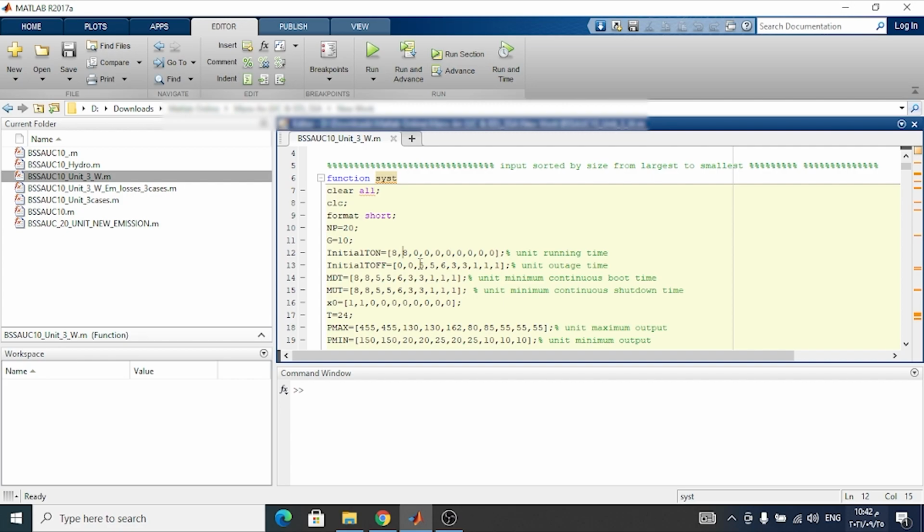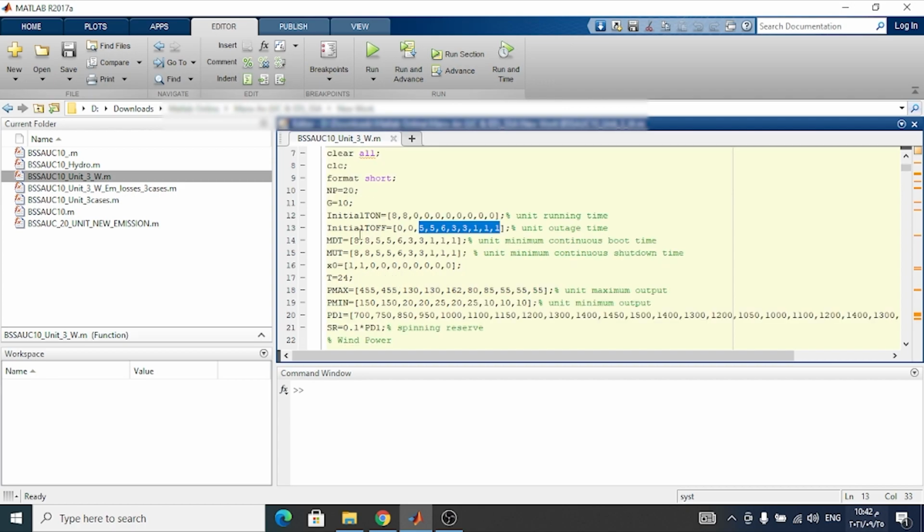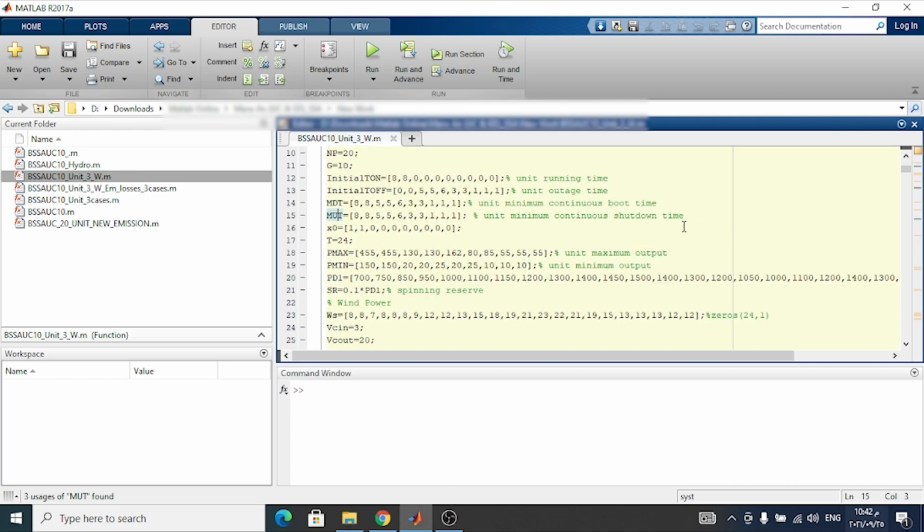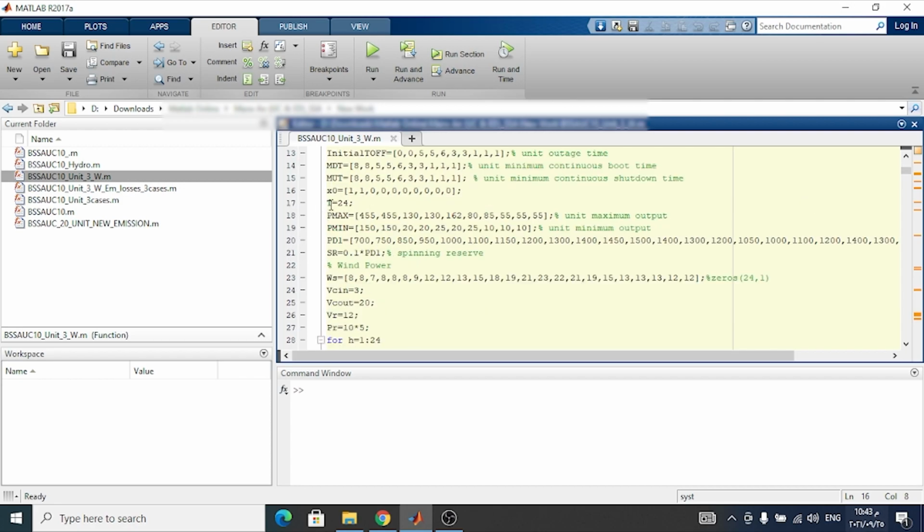So the other 8 units are off, and this is the minimum up and minimum down time allowed for continuous boost time or continuous shutdown time. And this is the initial state for each generation. As you see here, the first two generations are on in the first of this period,